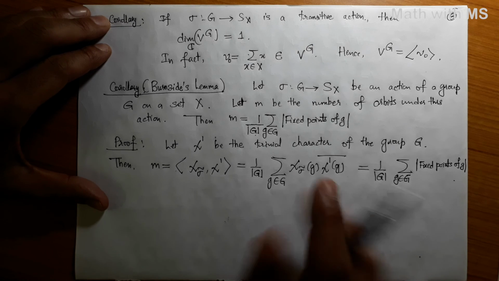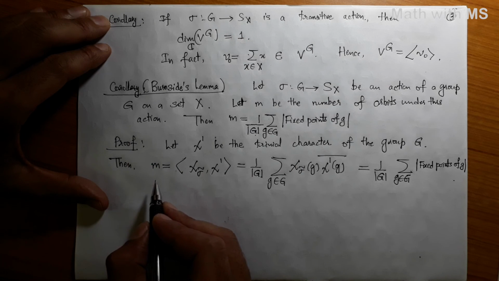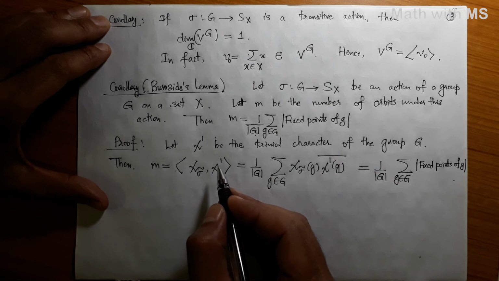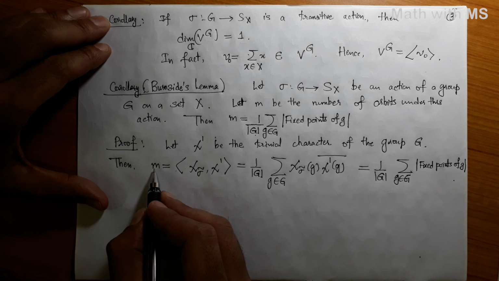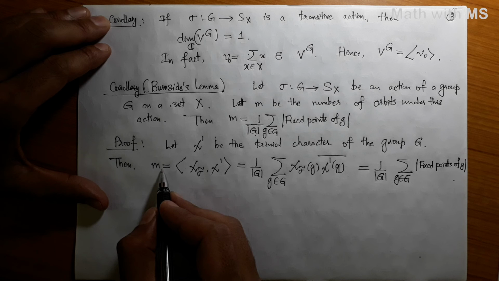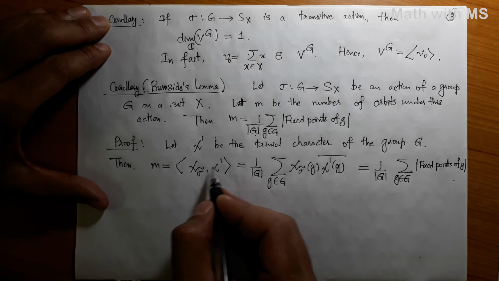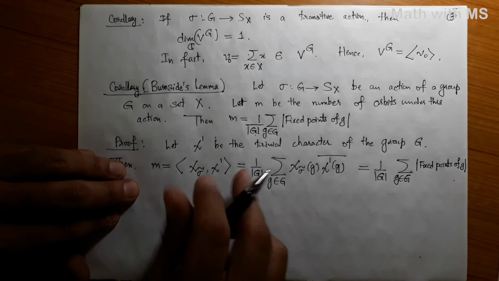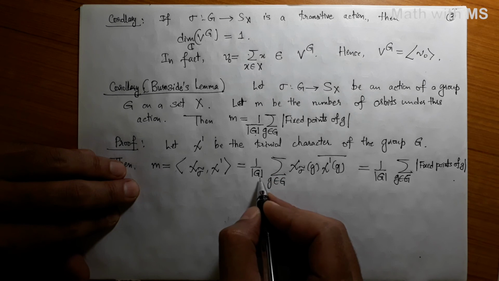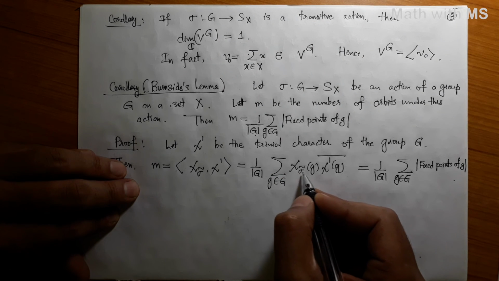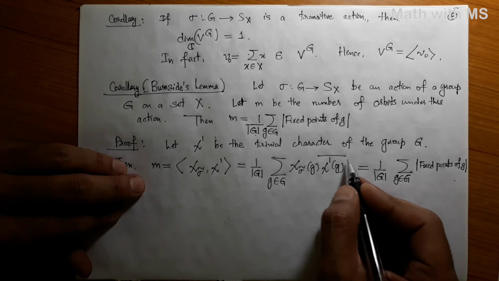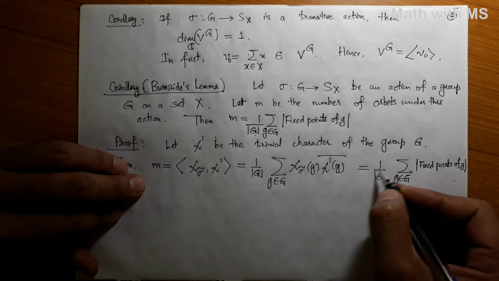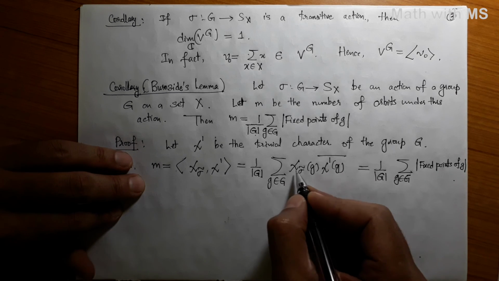Alright. At the same time, in the preceding proposition, we showed that the dimension of the fixed space is the same as the number of orbits. Therefore, the number of orbits M is the same as the dimension of the fixed space, which is the same as the multiplicity of the trivial character in the representation, which is the permutation representation here. And now we apply the formula for this inner product in the group algebra, which is 1 by order of the group G, summation over g in G, chi of sigma tilde of g and chi1 of g bar. But note that chi1 is a trivial character, so it is just 1, and therefore it is summation 1 by order of G, and chi sigma tilde of g.